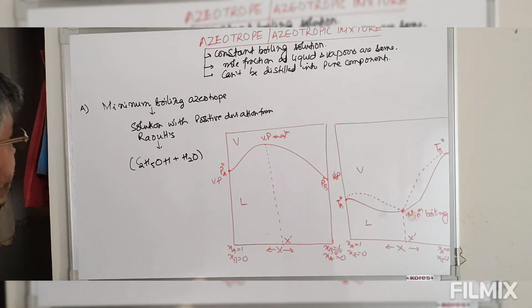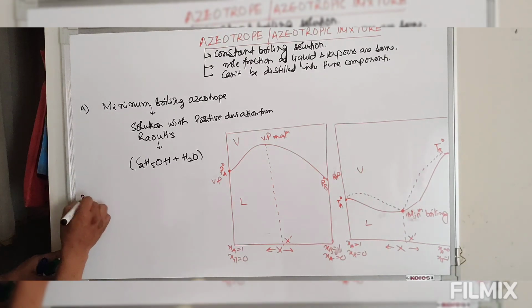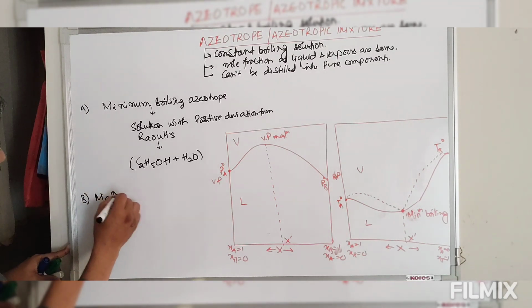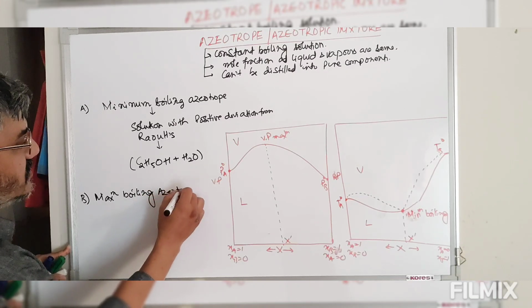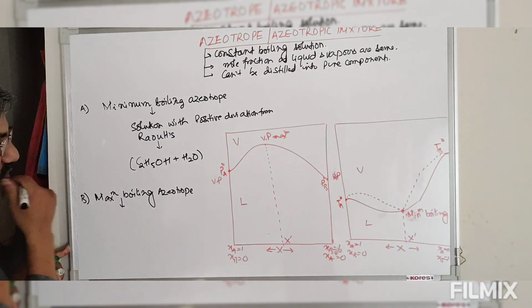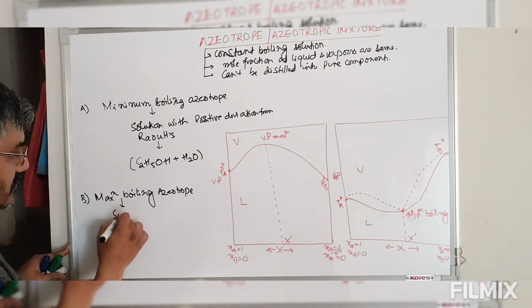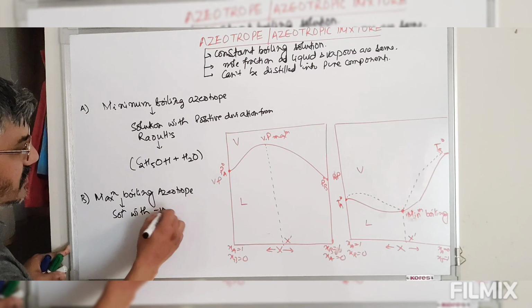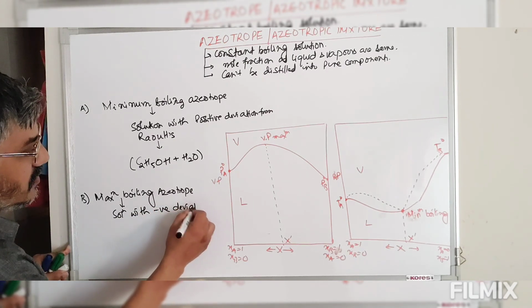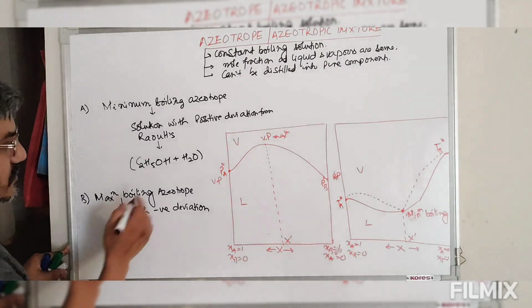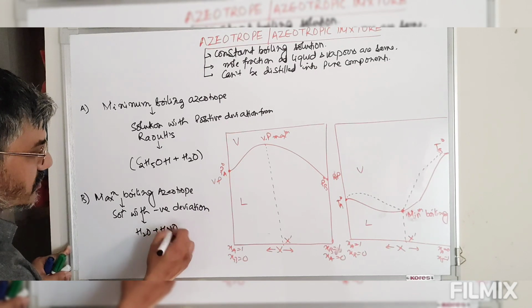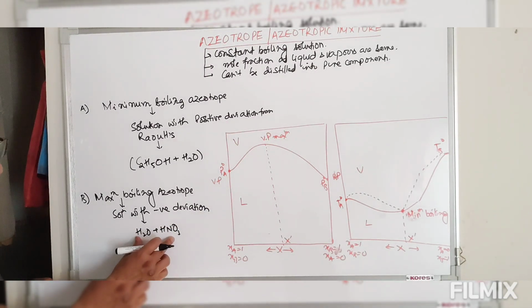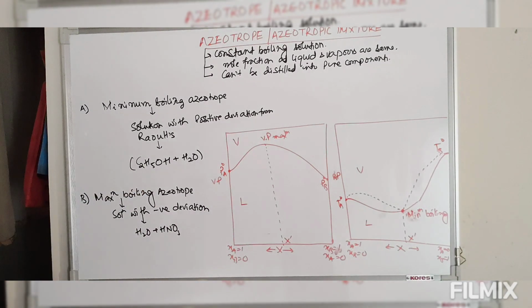Second one is maximum boiling azeotrope. So maximum boiling is shown by a solution with negative deviation from Raoult's law. Now we can have this mixture, nitric acid plus water. Because of the strong attractive force between these two components, the vapor pressure is less than the one expected from the theoretical value. So this was the graph for